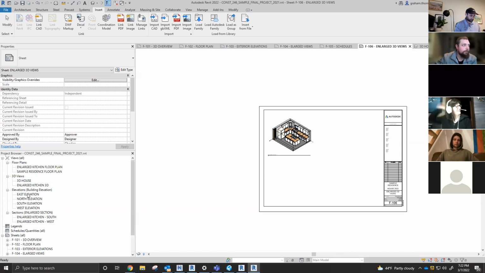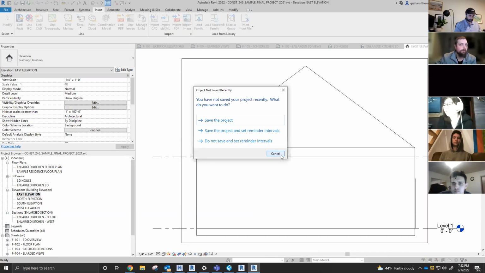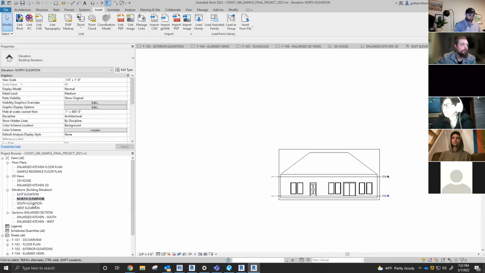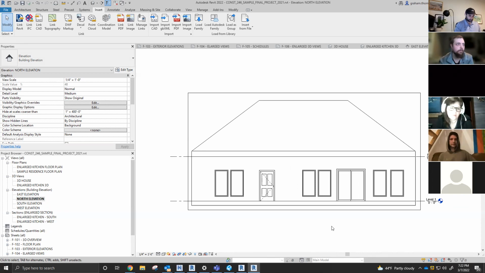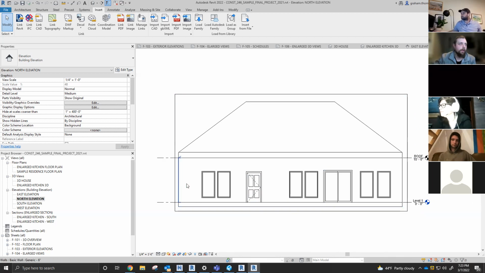So you should have some elevations already created. By default, the project comes with elevations that are already built, and you'll notice that I've got a few of them right here. I don't care what elevation it is. Let's just pick one elevation with some windows and doors on it. All right. So once you have that up,